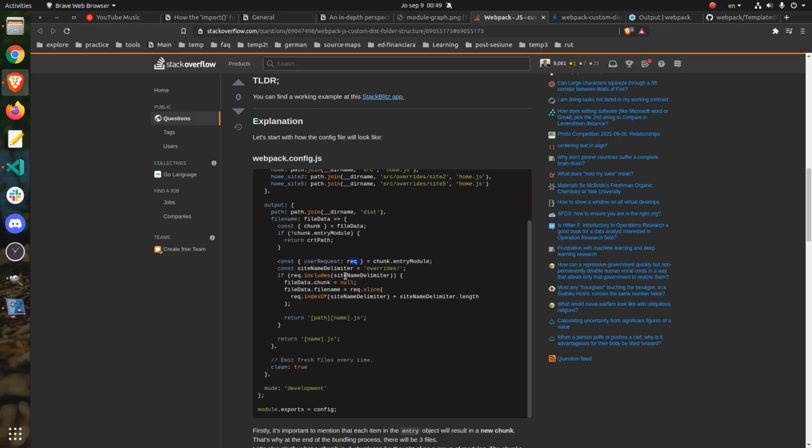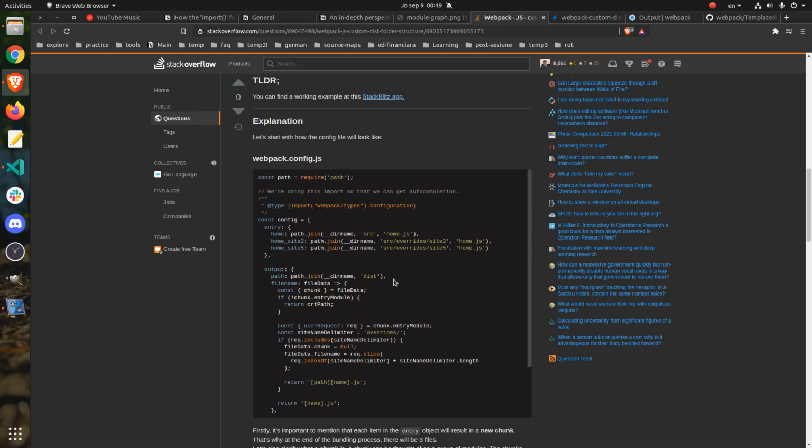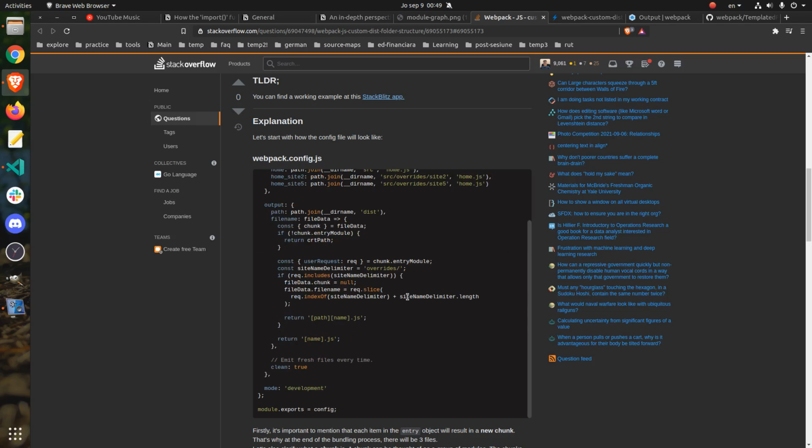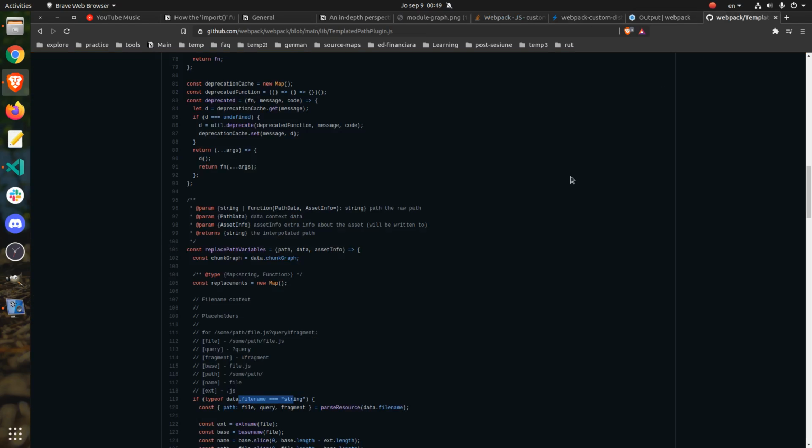This is our delimiter, the overrides keyword. We are checking whether our entry path. So once again, this rec will refer to the entry path, to the full entry path, and we will see it once again in the debugger, so don't worry about that. And what we are doing is to check whether the overrides keyword appears in the entry path. If it does, then we want to null out the chunk, because, and this can be quickly seen here,